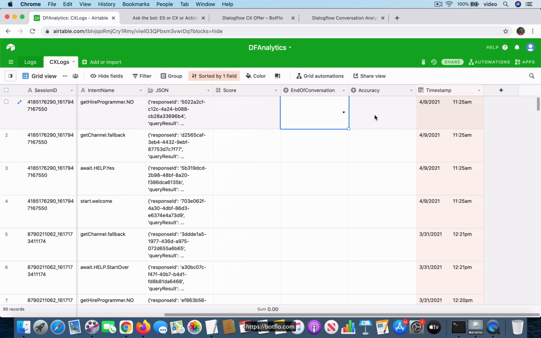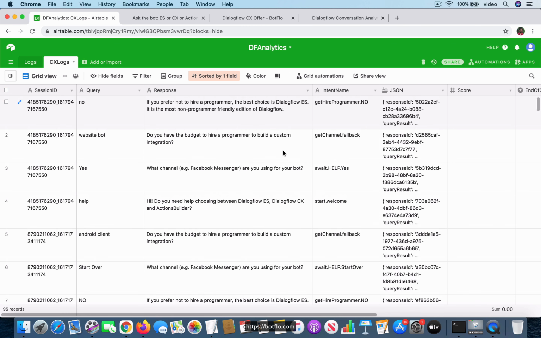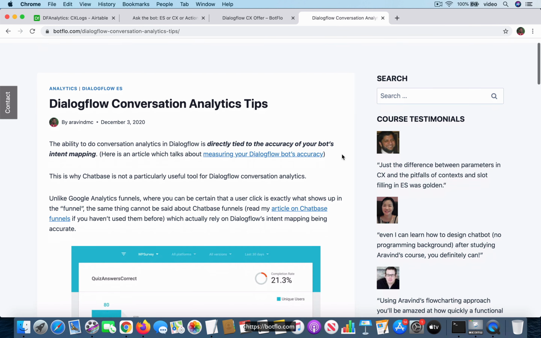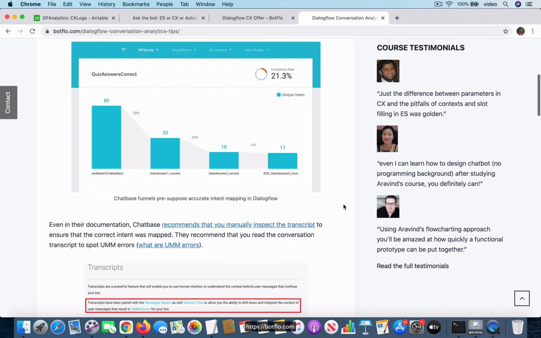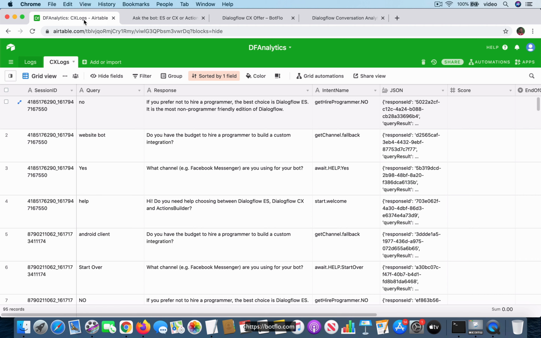And I have this field called end of conversation. But notice that I also have this field called accuracy, which I'll talk about shortly. Now, here's the point, right? If you're not sure whether the mapping is accurate, as I point out, the chat-based funnels are not going to be of much help. Instead, it's much more useful to